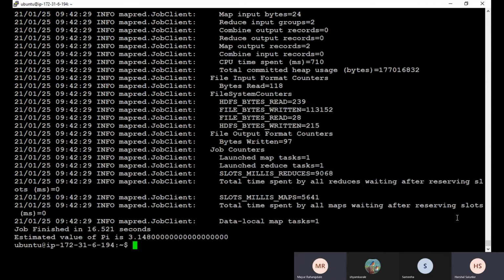Yes, 3.14, this is the exact value. So it all depends on the number of samples, right?